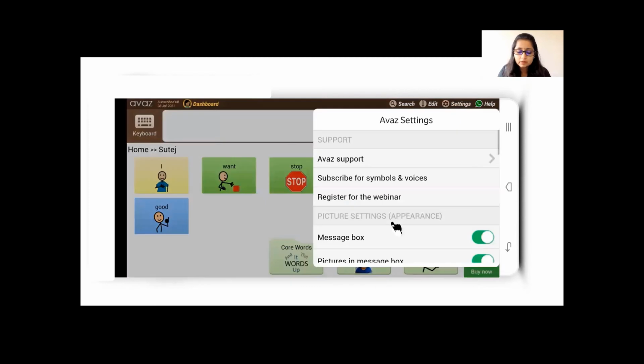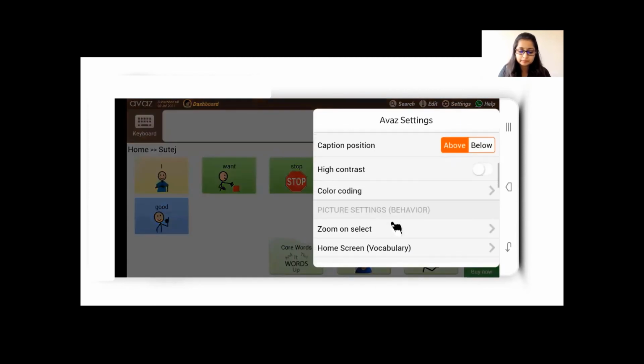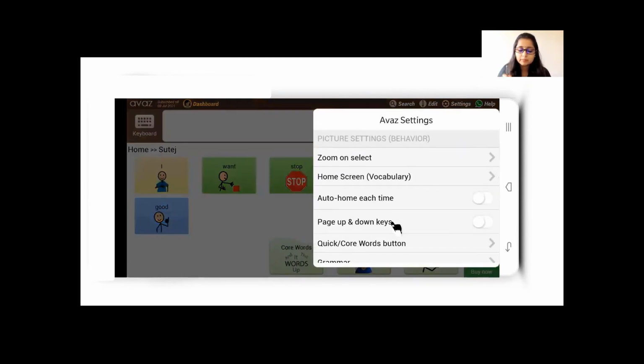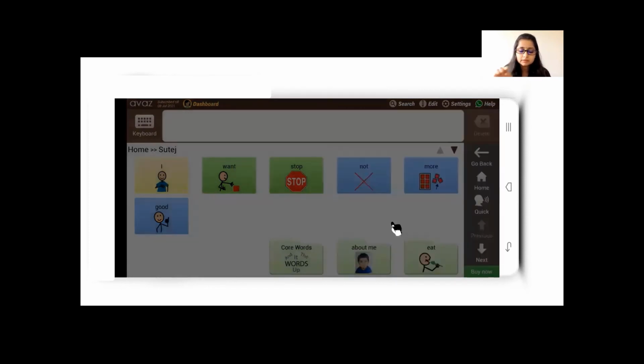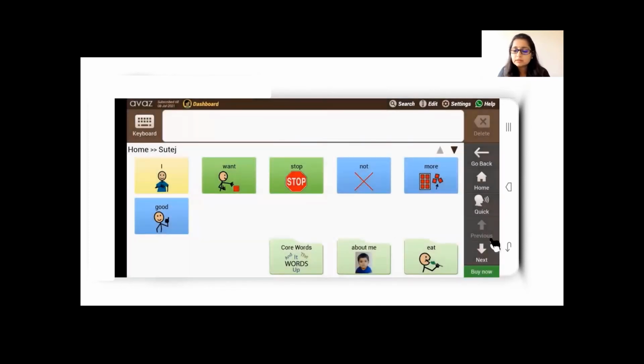But when you turn on the page up and down keys, you see that on the right hand side menu bar, the previous and next buttons have come in place of the alert and mistake buttons. So now when I use my index finger, it doesn't scroll.